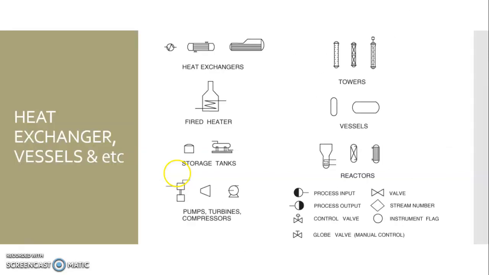Okay, and then these are heat exchanger and vessel symbols. Okay, we have towers, what else? Storage tanks are not the same, pump, turbine, compressor also have different symbols. Okay,